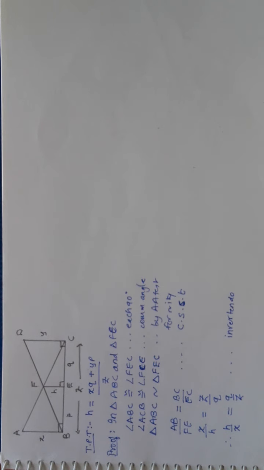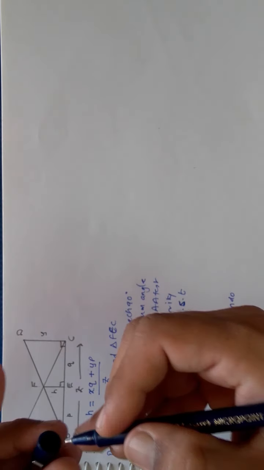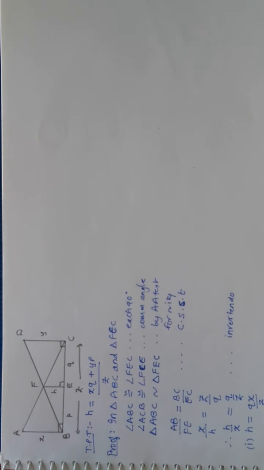Now same thing I will be using for others also. Now I will better find H from this. So this will be my first statement. H is equal to, because I want Qx over here, so it is advisable that I multiply it. Cross multiplication is to Z. This is my first statement. H is equal to Qx is to Z.